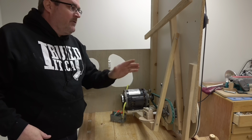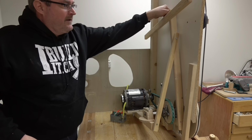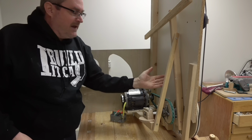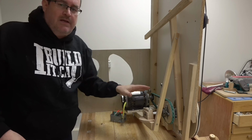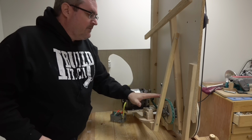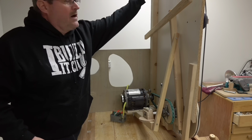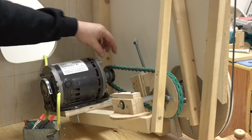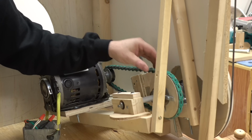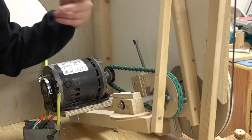Everything was very quickly made up. As you can see, here's the tracking. And that moves the drive wheel in and out. That wouldn't be the case on the final build, but it's the case here now because I really don't have any other adjustment other than this upper wheel up here, which I can move in and out slightly. I've got a 2-inch pulley in here and a 5-inch pulley on the drive wheel,